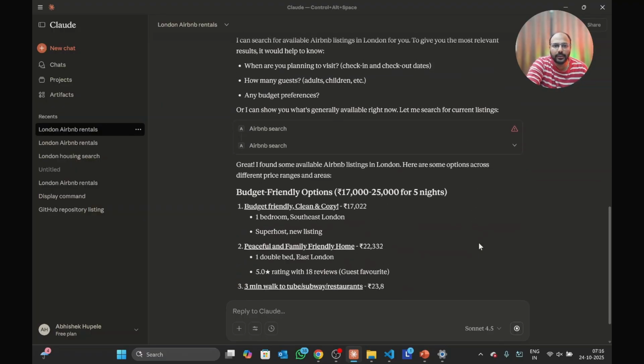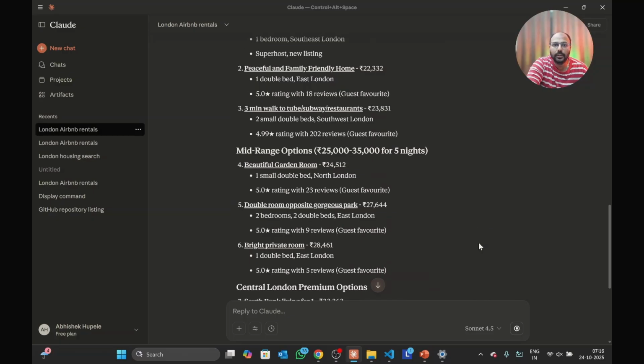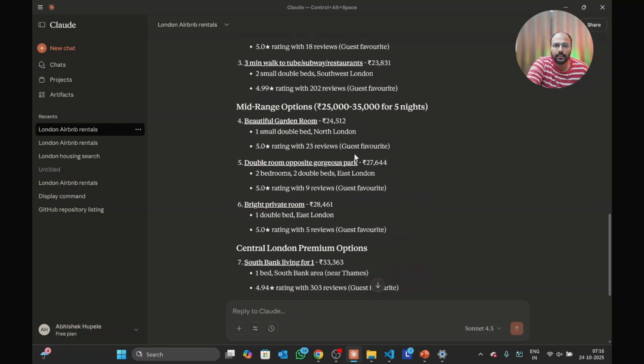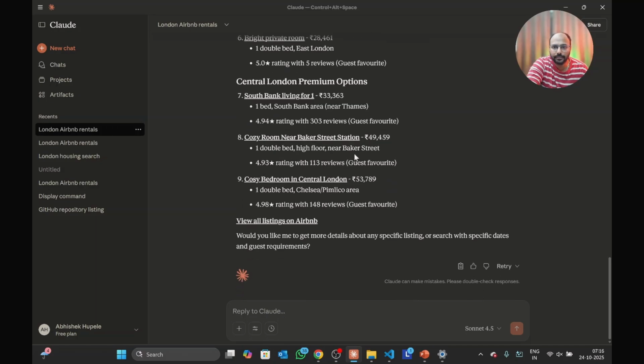So you see the difference in output. It is not specific because it is using a search endpoint provided by your tool. So you see very specific hotel details with pricing. Great. Okay, so let's move ahead